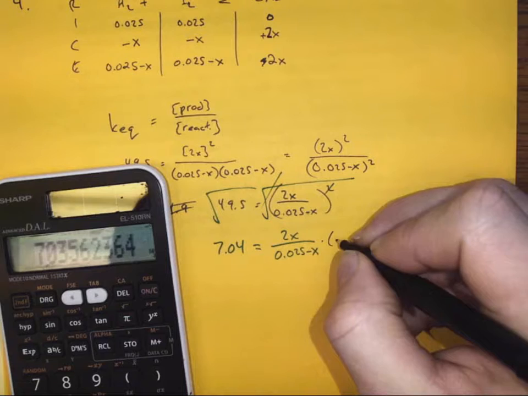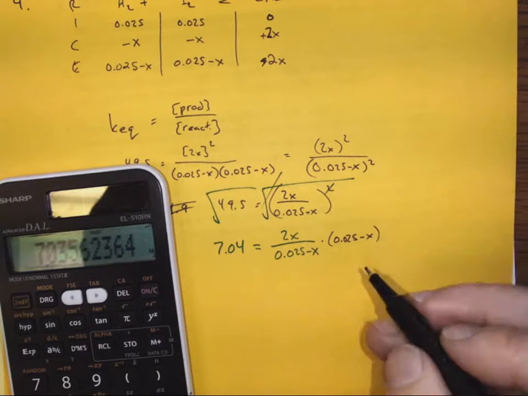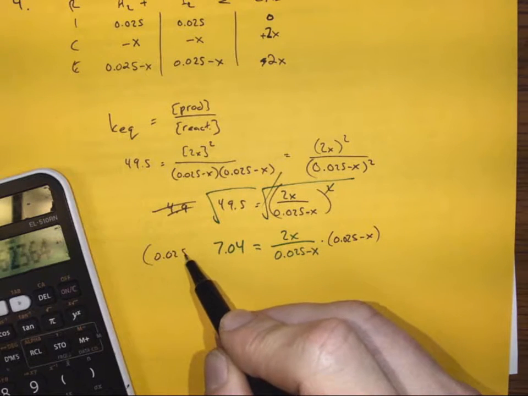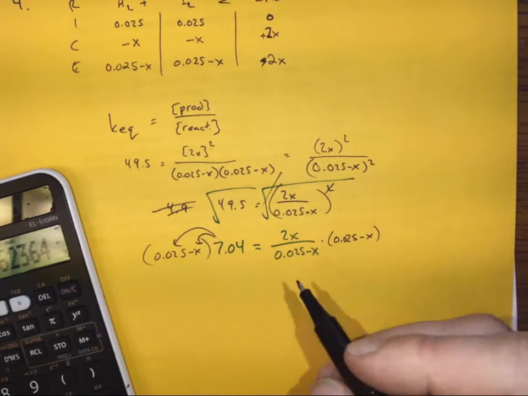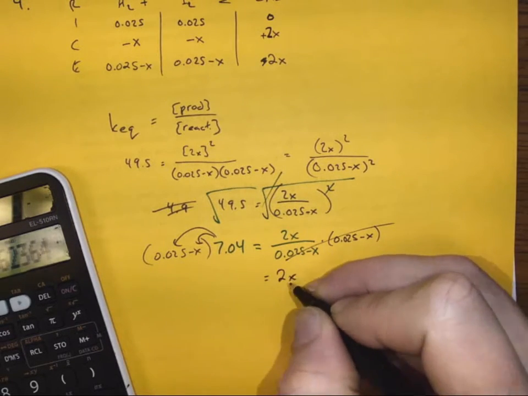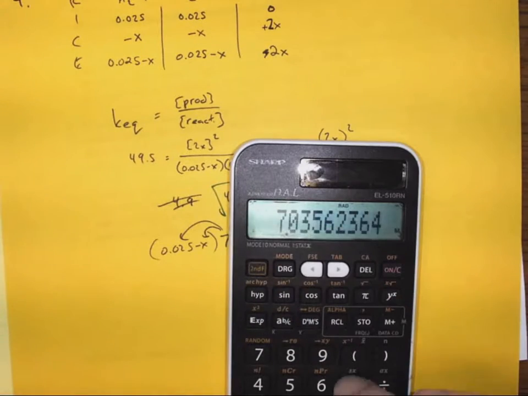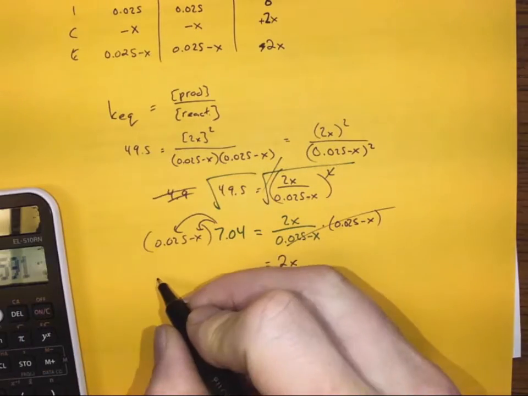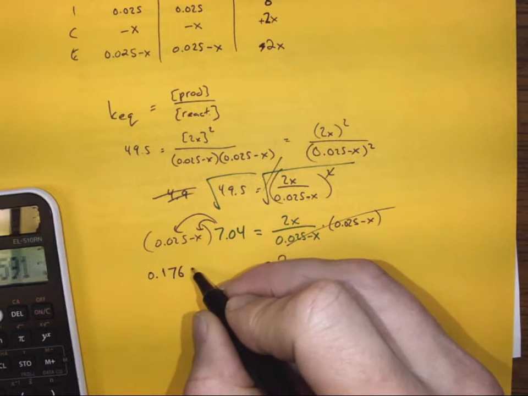I have to multiply by my denominator, 0.025 take away X, on this side, and multiply by it on this side. I'll distribute my 7.04 into both while crossing these out because they cancel. I get 2X is equal to this thing times 0.025, which is 0.176,